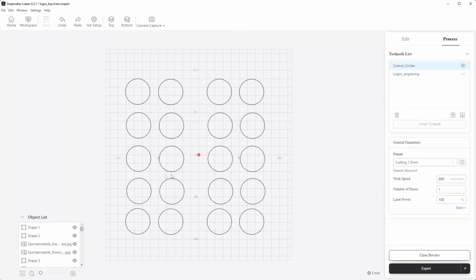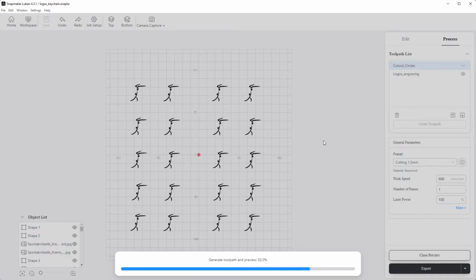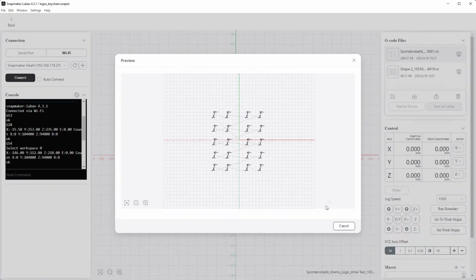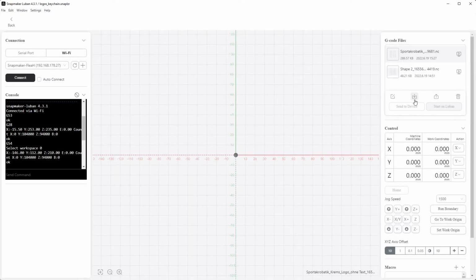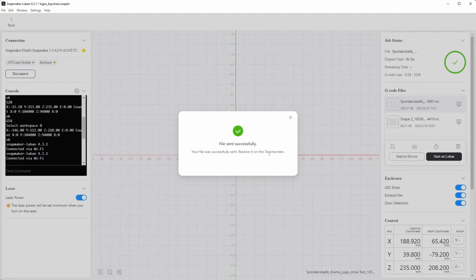Okay, now that we have our cutouts, we disable this one, go to the engraving toolpath. Again, it takes some time. It's much easier if you do it in one picture. But yeah, no problem. Okay, we export it to our workspace. And now you see only the logos. Okay. We say, now we have to reconnect. So now it's selected, we send to device, sending to device, sent successfully,